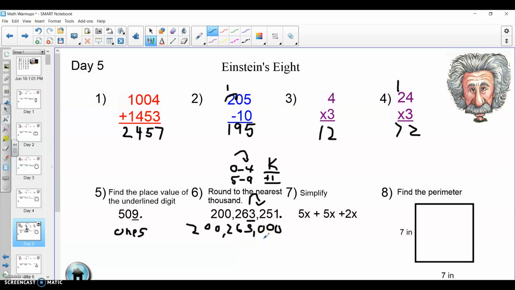Halloween candy, number 7, simplify like items. Okay, let's pretend this is 5x. Someone give me a candy. Reese's. Oh, we haven't used Reese's. Okay, Reese's. How about this 5x? But don't they look very familiar or the same? Similar? They are alike. So I'm going to use what I call my circle, my underline, my triangle, and my box method, and I'm going to only use those that are alike. Put them all in the same